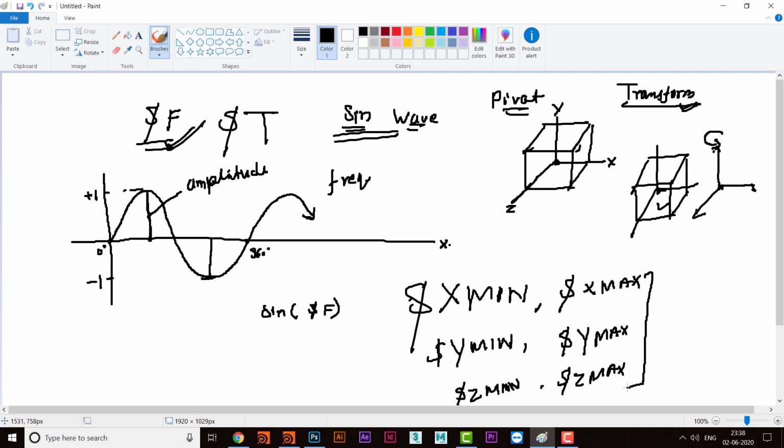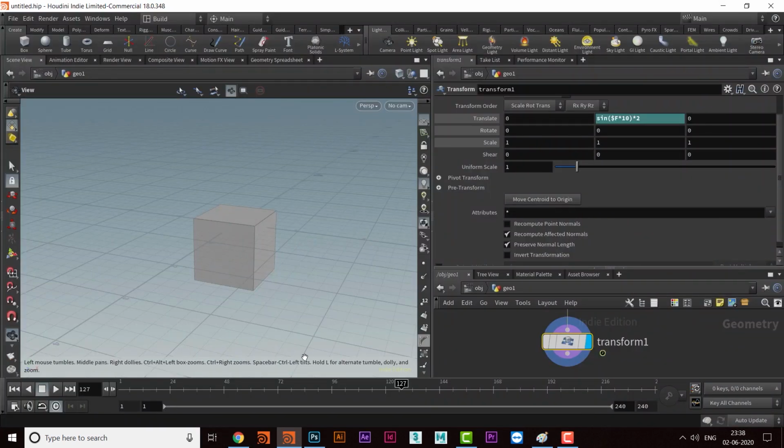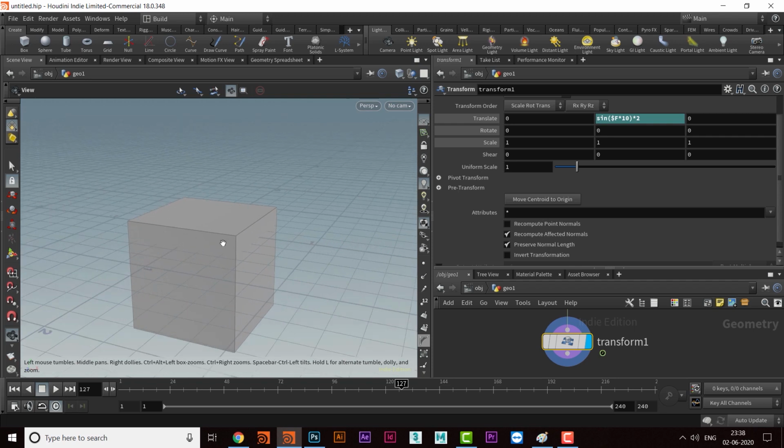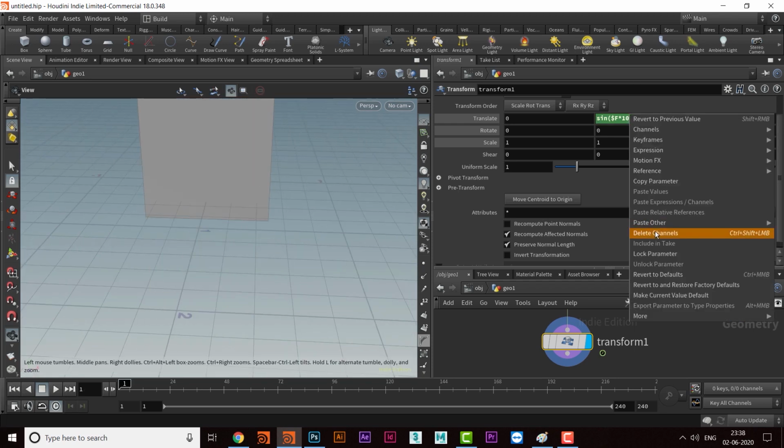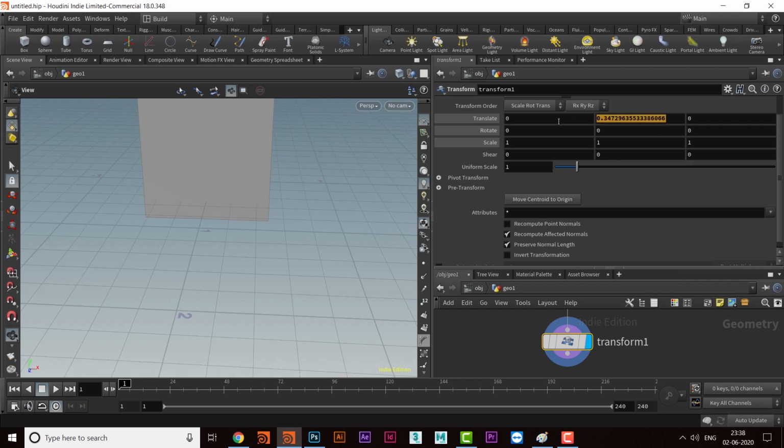Let's have a look at this also. We can use this in any of the attributes, in any of the parameters here. Let's jump to Houdini and have a look. Fine, so we have this box. I will delete this expression and make it 0.